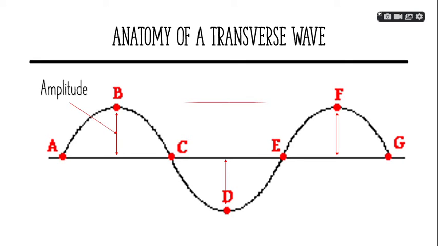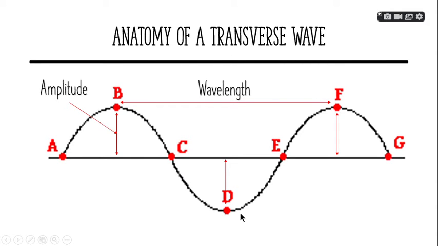Points B and F is the wavelength. As the term suggested, wavelength, or length of the waves, refers to the distance from one crest to another crest, and from one trough to another trough. So assuming that the illustration is continuously extended from point D to the right, let's say H could also be a wavelength